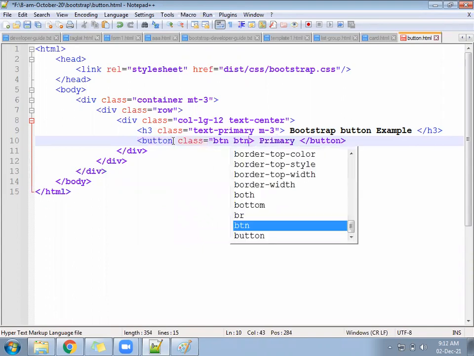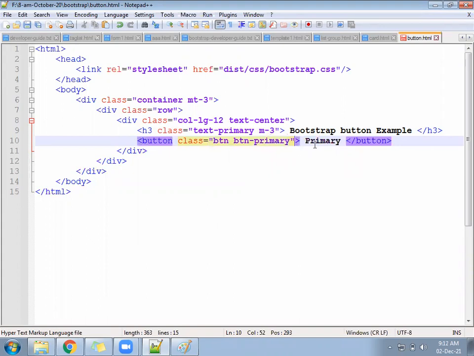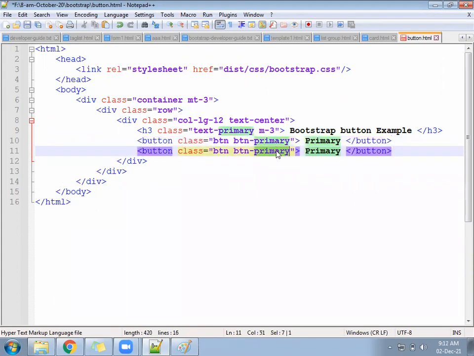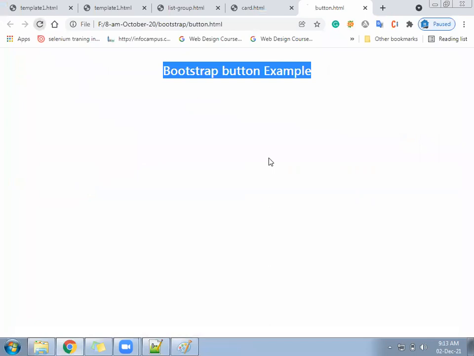Class equal to btn-primary. Next, btn-danger. The button is coming with a different design.